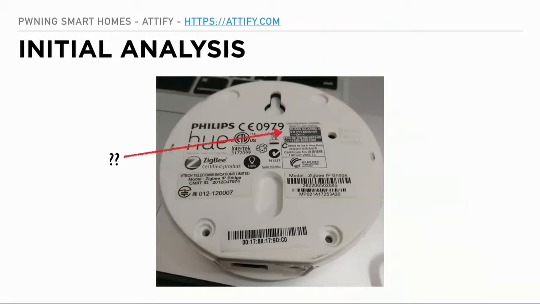How many of you have looked at an FCC ID of any device? Okay, a few, nice. If you look at the FCC ID of any device, what you end up having is the entire description of the device, including what frequency that particular device is working on. Some devices might work on 433, some might work on 315 and so on. So you end up identifying the exact radio frequency, and that is a critical piece of the puzzle, because once you identify that, you can actually go ahead and capture